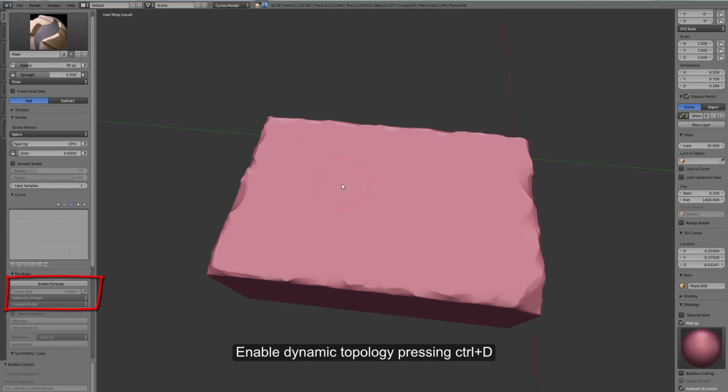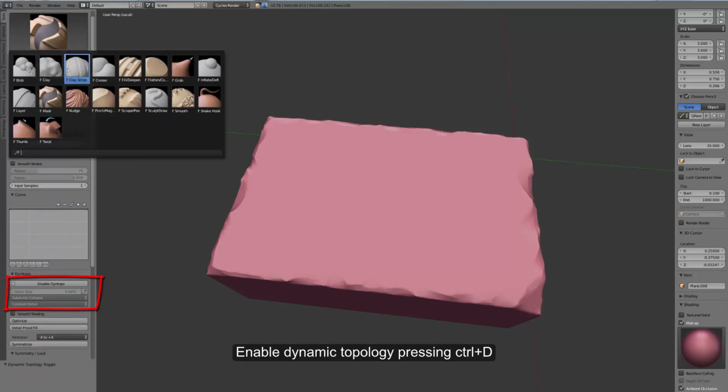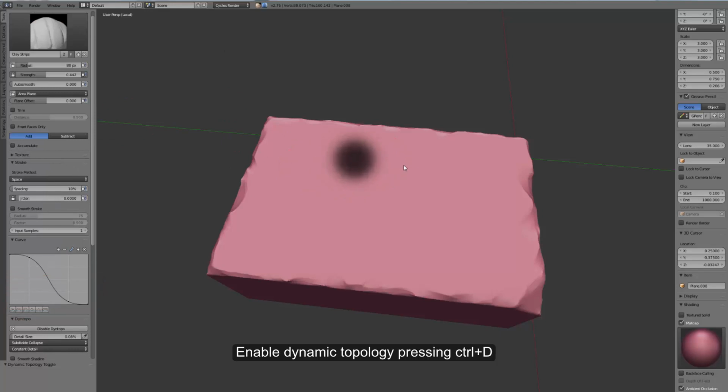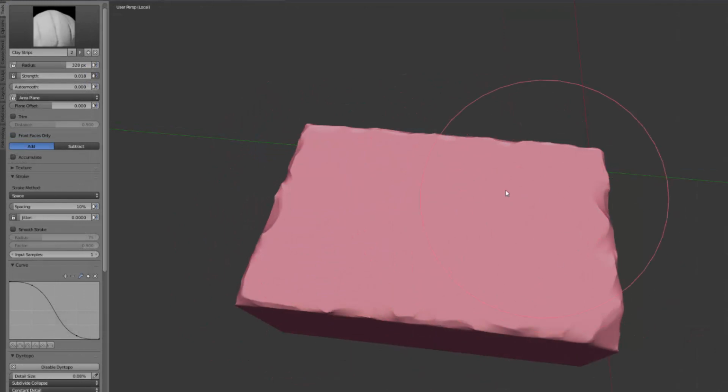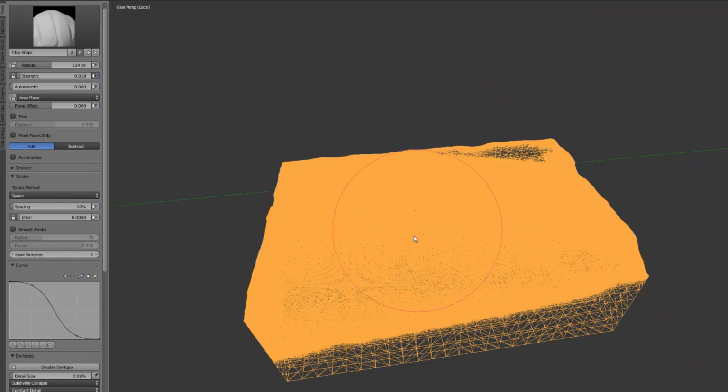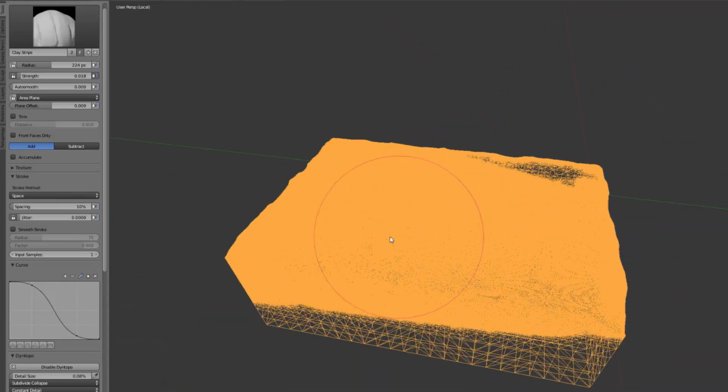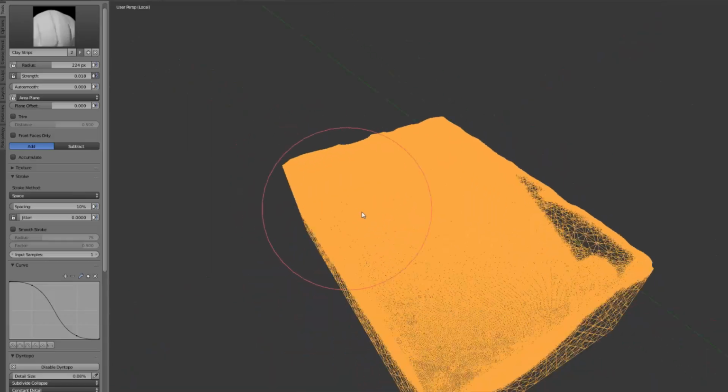I will enable dynamic topology and select whatever brush you want, make it big, and reduce the strength to something really small, so that it will just generate geometry when I brush the stone. It will turn a little laggy because I'm brushing a large part here, with maybe, yeah, a detail size that is okay. So now if I press Z, you can see that the geometry here has been largely